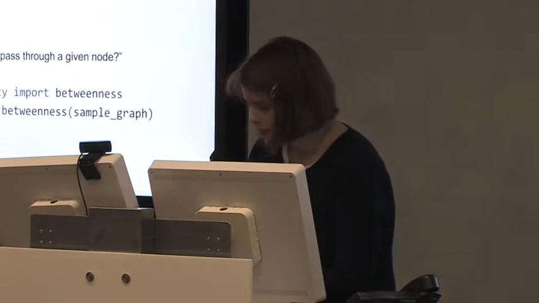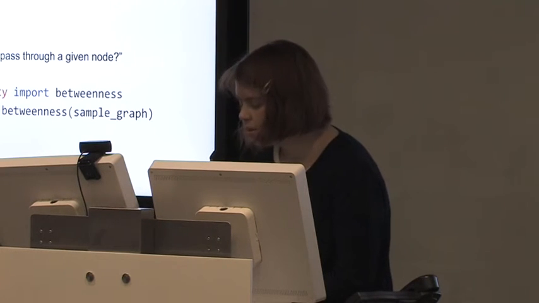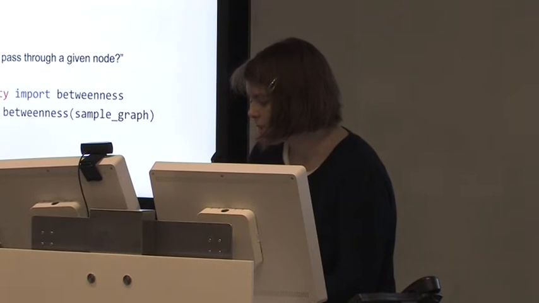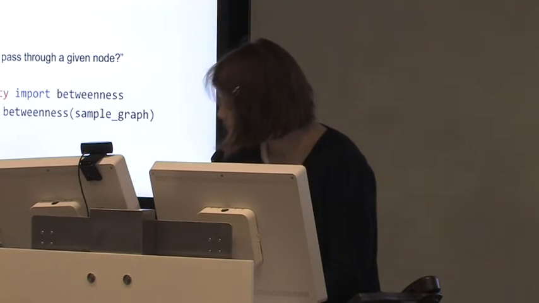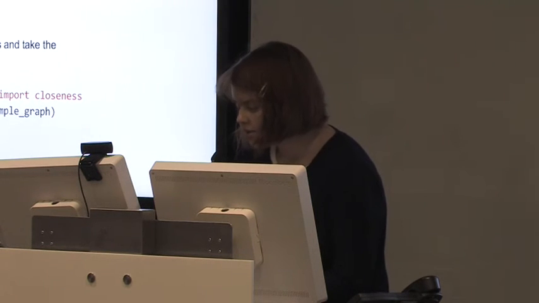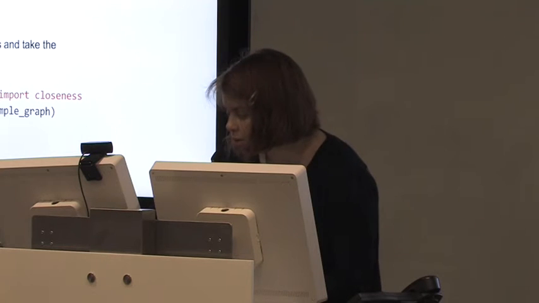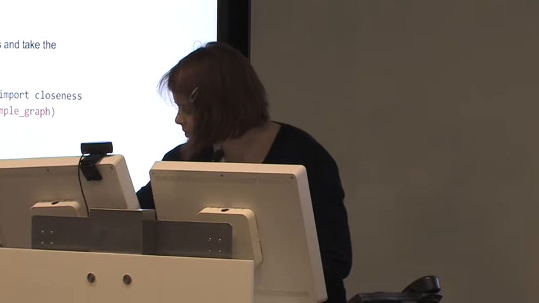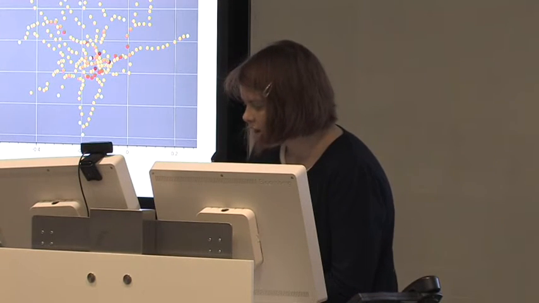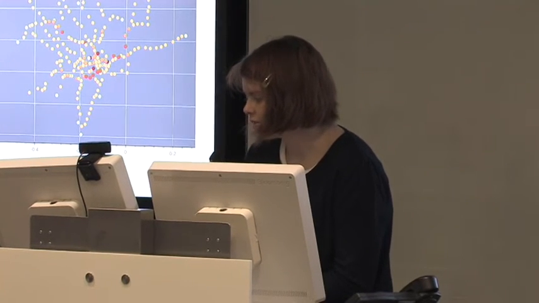Anyway, you can compute betweenness quite easily. It's simply one function call that returns to you both the vertex betweenness as a property map and the edge betweenness as a property map, and then you can pipe that into your further downstream analysis. Likewise, for closeness centrality, it's just a matter of literally calling one function, and then you're done. So what does betweenness centrality look like for the London Underground?